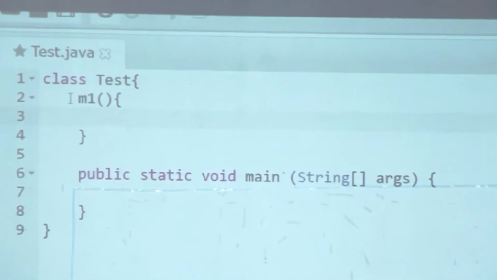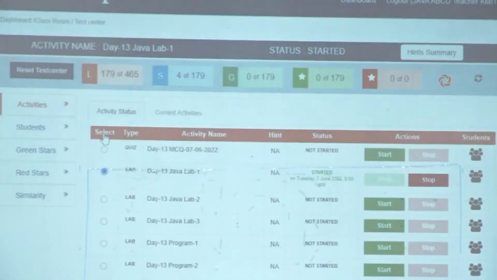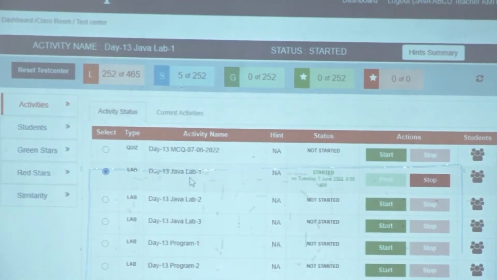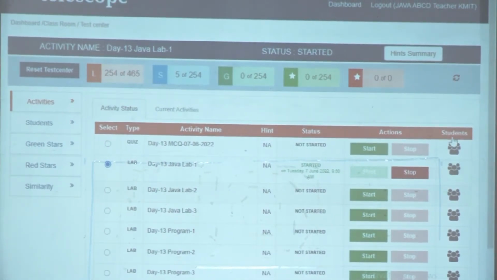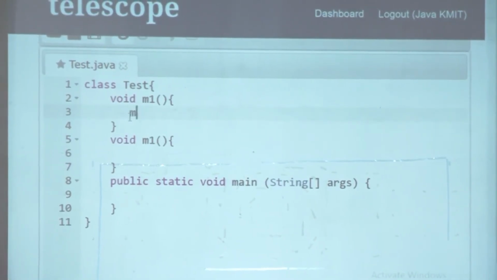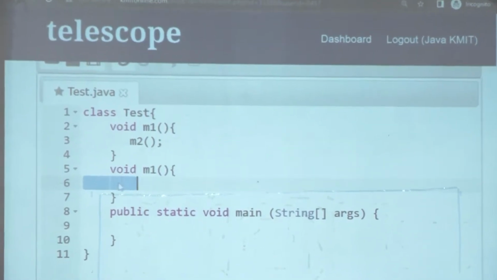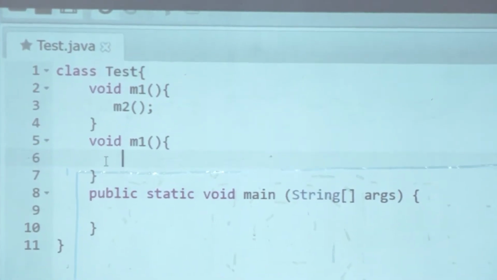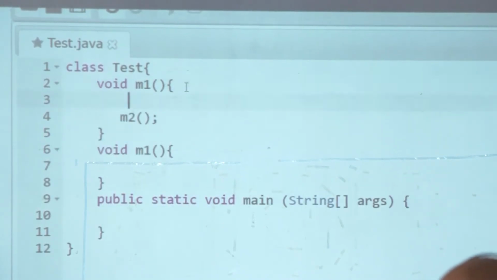I'll start with M1. Okay, so the exercise that we have opened is, I don't know. Okay, day 13 Java Lab 1, that is what I see. Day 13 Java Lab 1. So we are creating a method M1. It is going to call M2, but just to give us an indication what is happening, we are going to have one line before and one line afterwards.